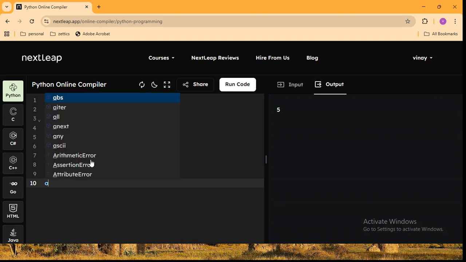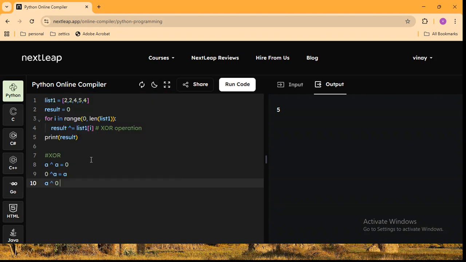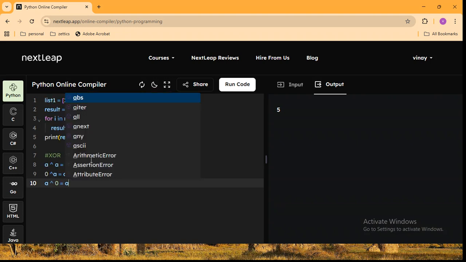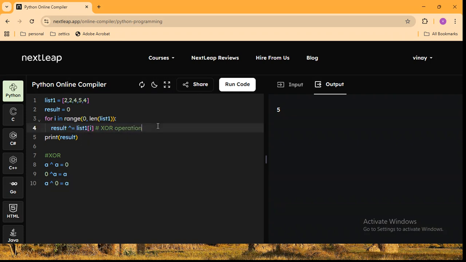Similarly, a XOR 0 is always a. Now see what we are doing in every loop. The first iteration, 0 XOR list of i. So 0 XOR 2 is what? 2,